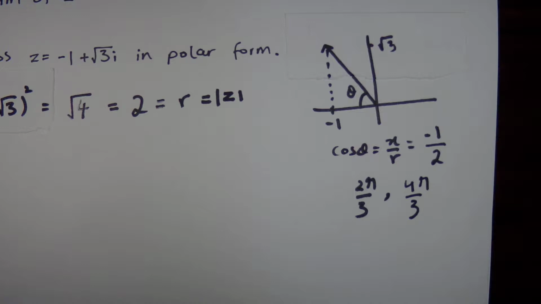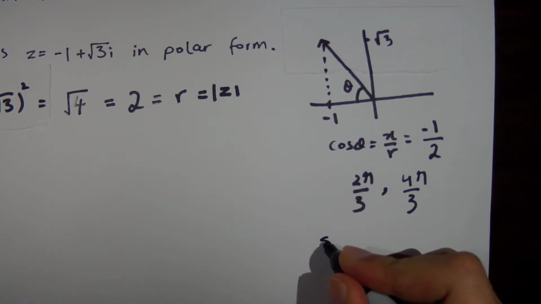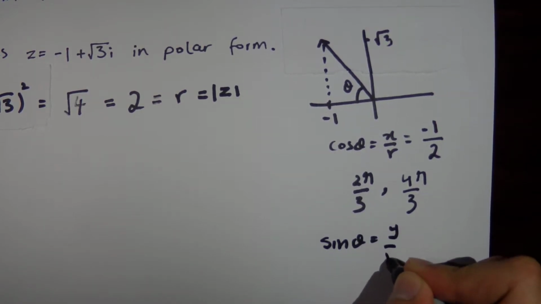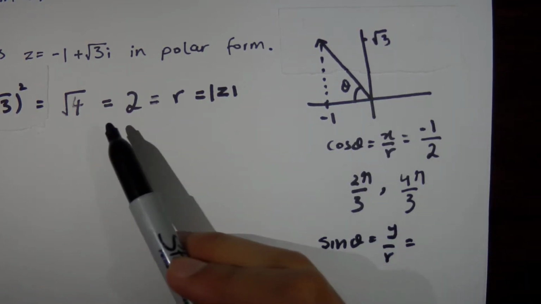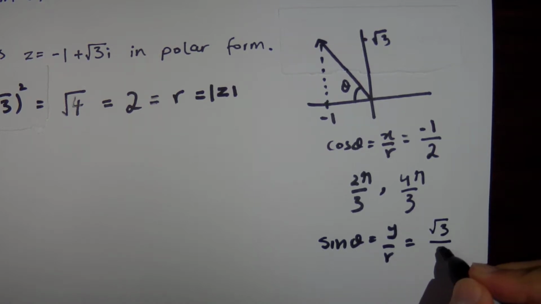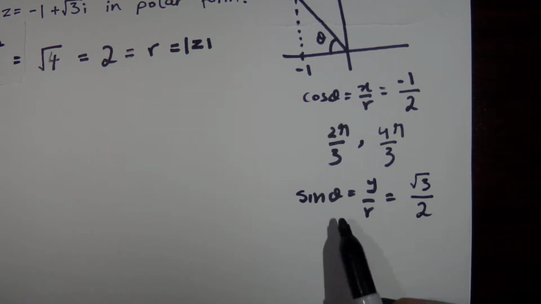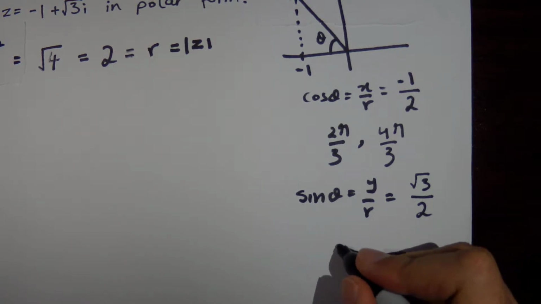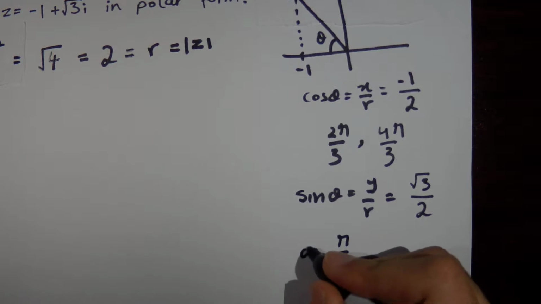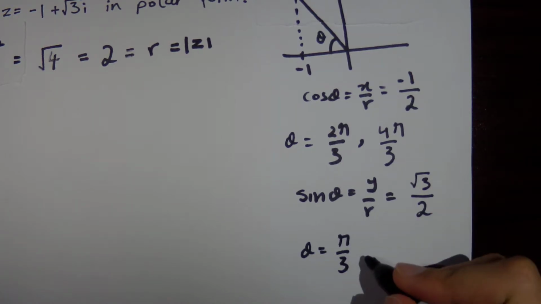Now these are all potential angles, but of course we need to find an angle that agrees with cosine and sine. So now let's do sine. We know sine of theta is y over r, which in this case is radical 3 divided by 2. Again, this looks familiar. The related acute angle is pi over 3. Since it's positive, we know the answer is going to be either in quadrant 1 or quadrant 2. So we have either pi over 3 as theta, or pi minus pi over 3 to find the corresponding angle in the second quadrant,